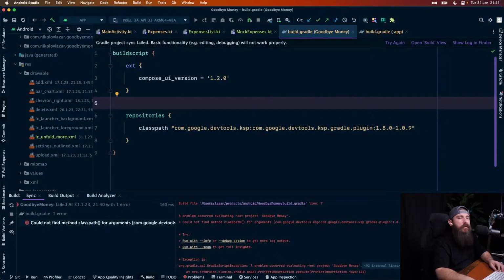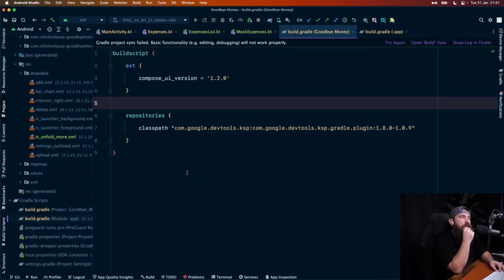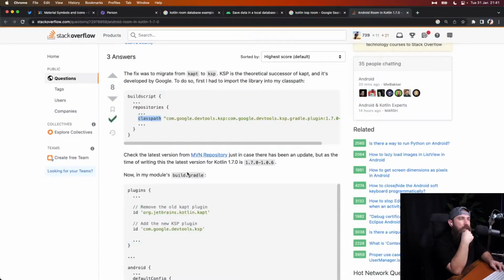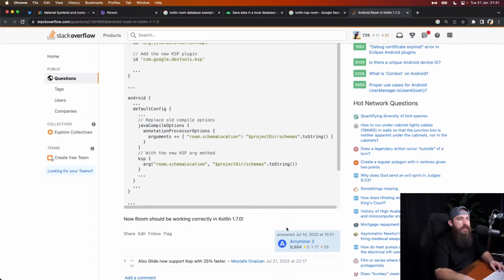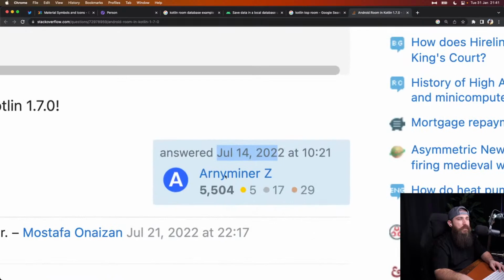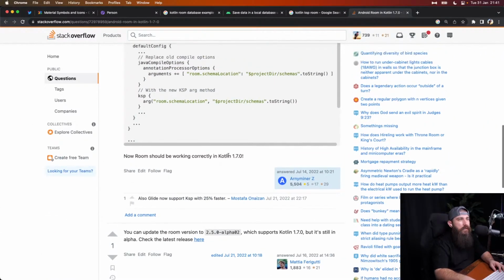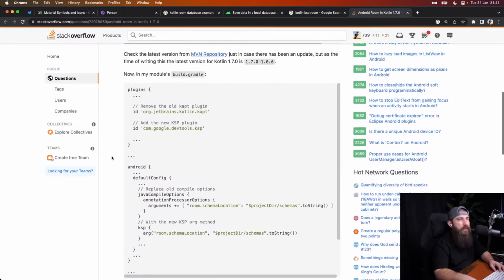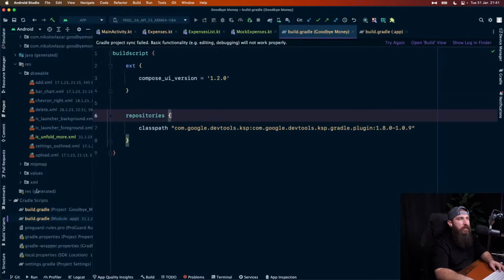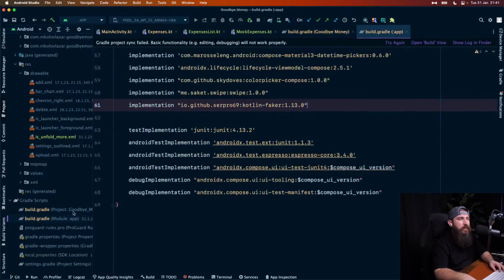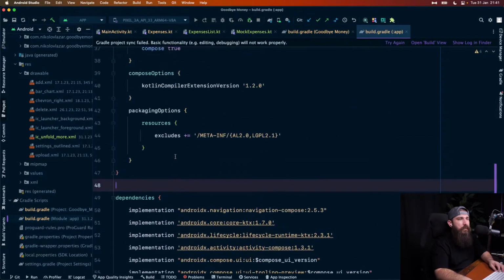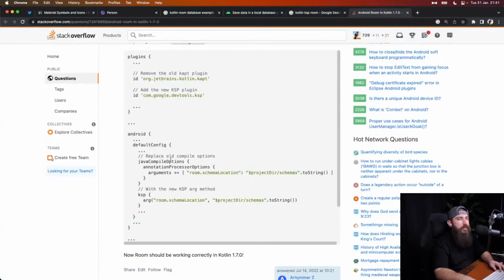How often do these things change? Has it been changed? I mean, this is barely half a year ago. Kotlin 1.7.0. What is going on? Dependencies are here. All right, we got the